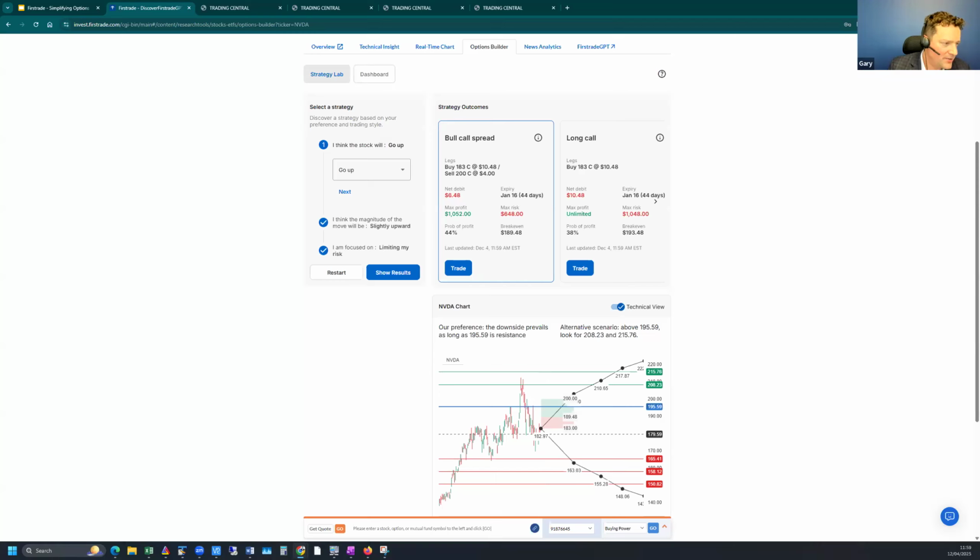Any other questions here? So again, I see someone talking about iron flies and condors. I'm not going to comment on that just because it's not designed for this product. Again, this is designed to be defined risk, dual leg as a max for now. In the future, we'll add more legs. So we'll keep adding more features to this. Again, this is a brand new tool. We're starting with the most basic strategies first, and then at some point, if there's demand, I'd love to add